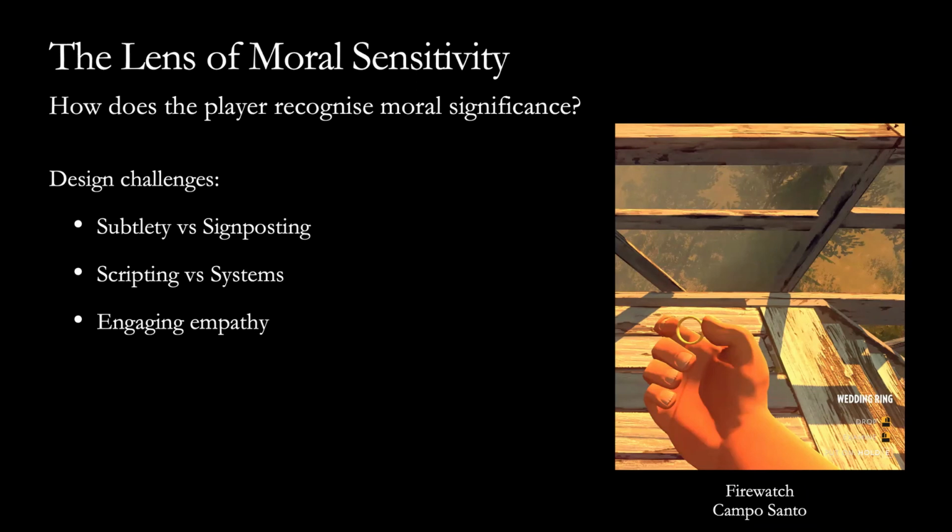On the other hand, we do have opportunities to be more subtle about that, to show a moral situation without telling the player that it is a moral situation, to give the player more opportunity to read into that and find for themselves the morality of what they're doing. This often comes down to thinking about whether we're doing scripted game design or systems-based game design. Scripted game design is typically dialogue systems or other kinds of branching narratives, where the moral choices are built into particular choices within a branching narrative.